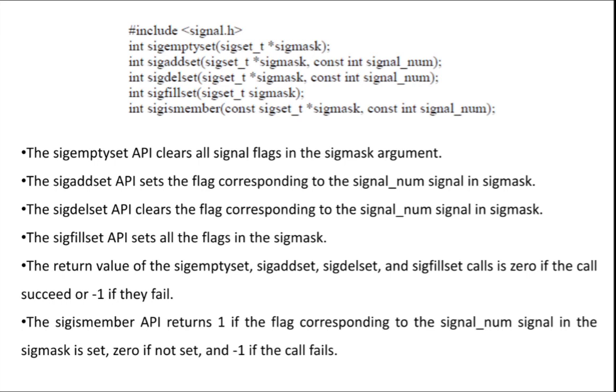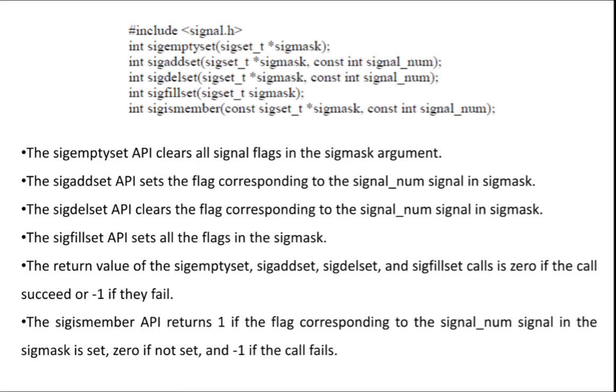That means if you want to delete any signal from the signal mask, you can do that using sigdelset. Here there is a difference between sigemptyset and sigdelset. sigemptyset, irrespective of signals, is going to clear all the signal related information, but sigdelset is going to clear only the signal you pass. It deletes only the signal selected by the user, not all the signals. That is the difference between sigemptyset and sigdelset.